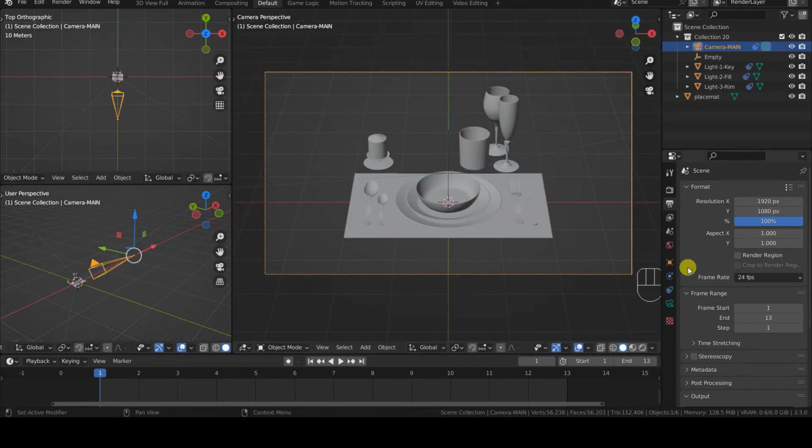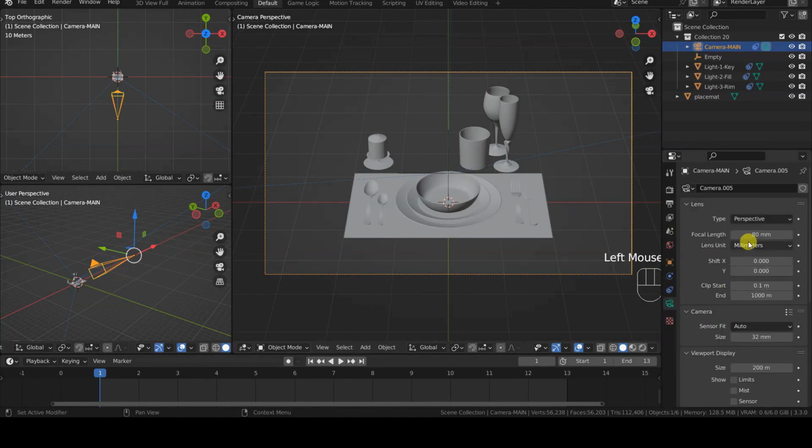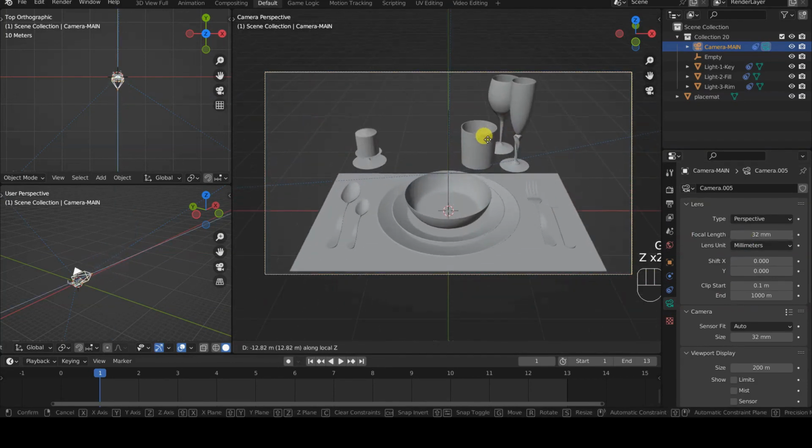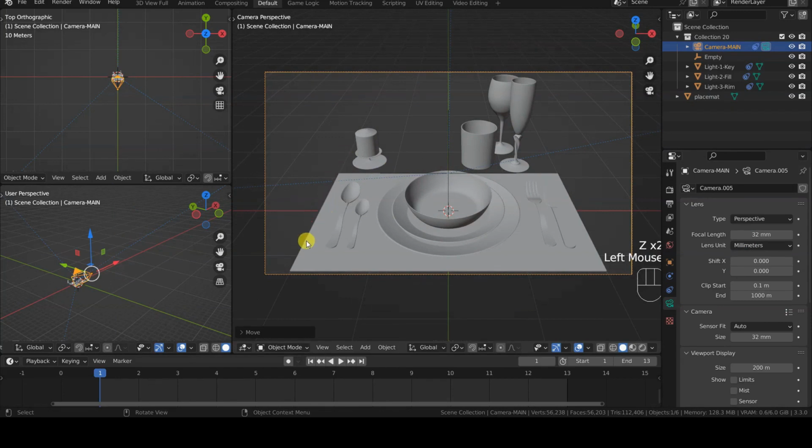In the first part of the video I told you that it is advisable to use a high value for the focal length of the virtual camera to limit distortions due to perspective. You can get an idea of these distortions by now changing the value of the focal length of the main camera.